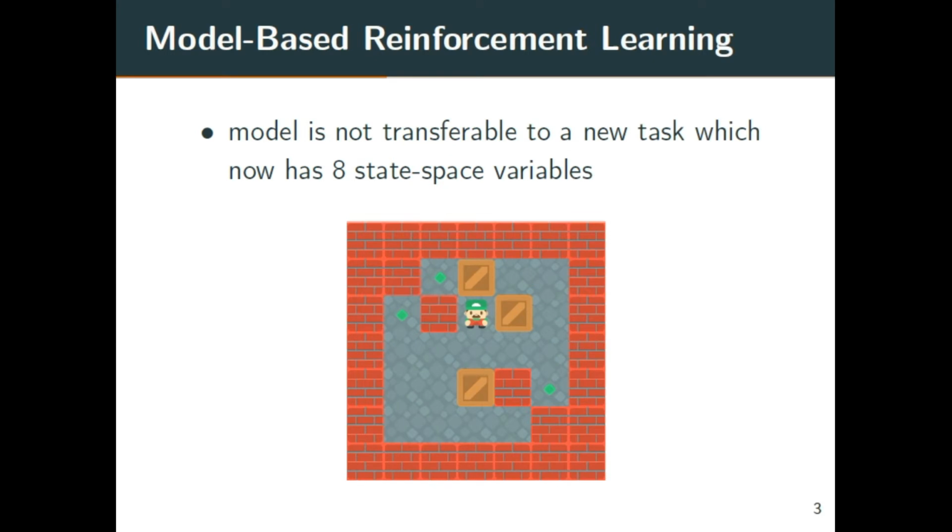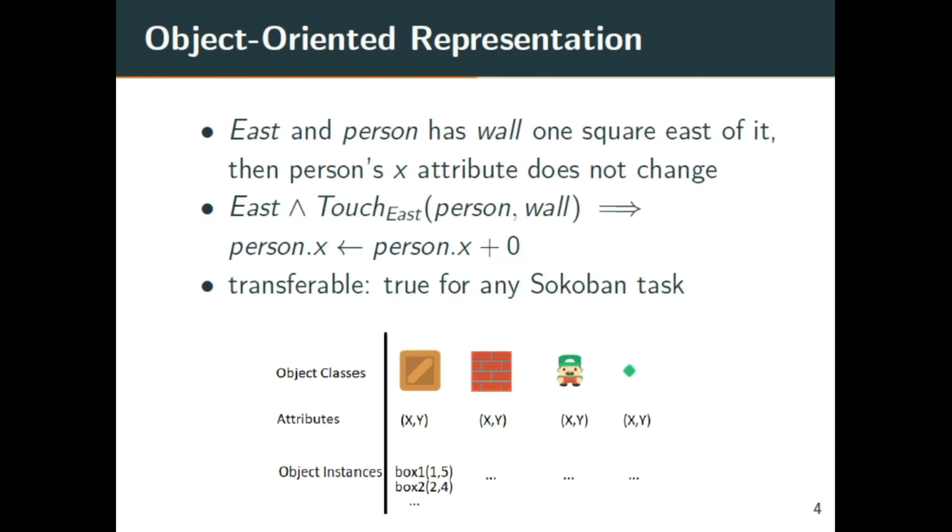Secondly, from a transferability perspective, if we have previously learned a model for the 6 state space variable task, and we now have this new 8 state space variable task, then it's not clear how we can transfer the model to this new task. One idea that's been suggested in the literature to overcome these challenges is the notion of